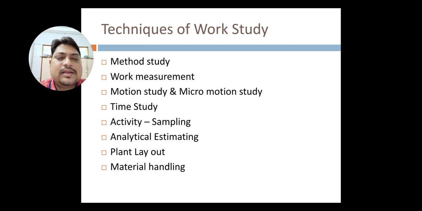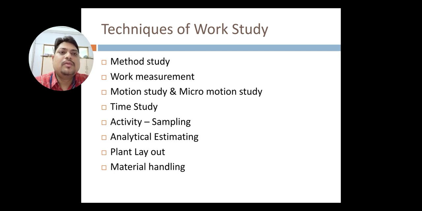Method study. Generally, for carrying out a particular work or process, there are many kinds of methods available. From all the methods, you need to check, observe, and measure which method is the best suitable for doing this particular work. Then next is work measurement. Generally, skilled workers are used in the industry. So from one skilled worker, a particular production is carried out, and the standard time is decided. From that standard time, they generally do the work study.